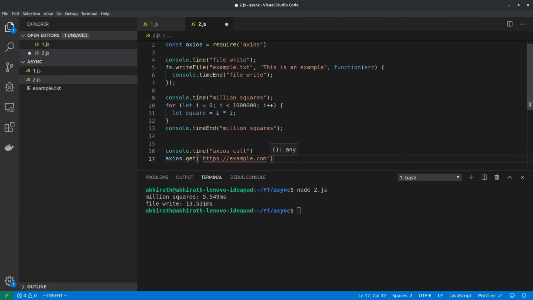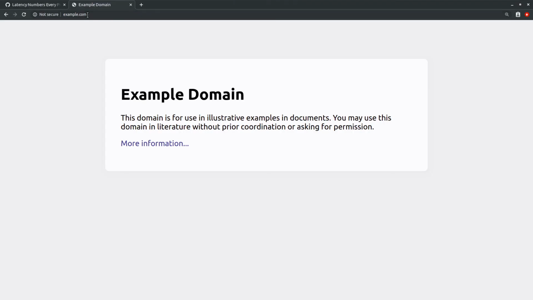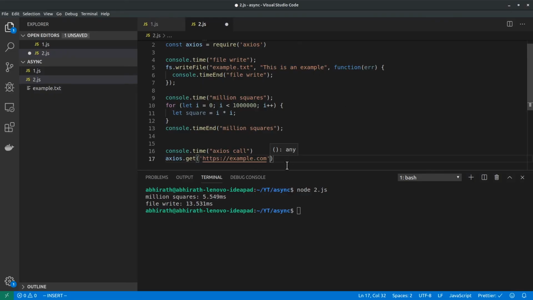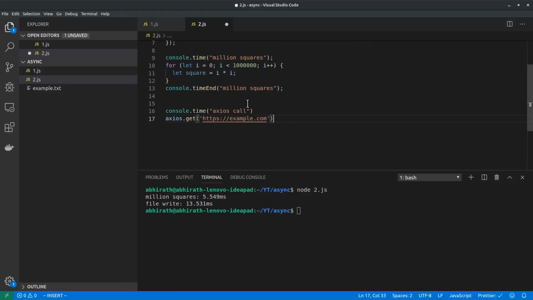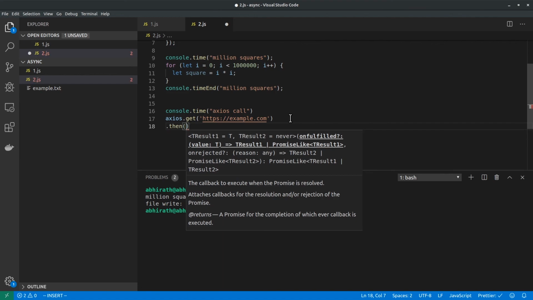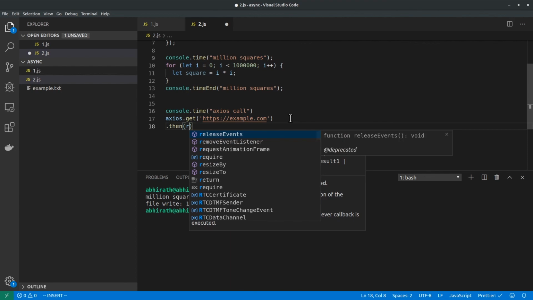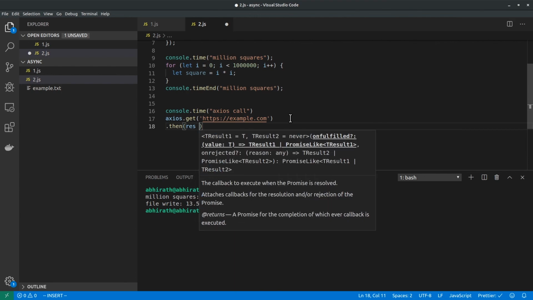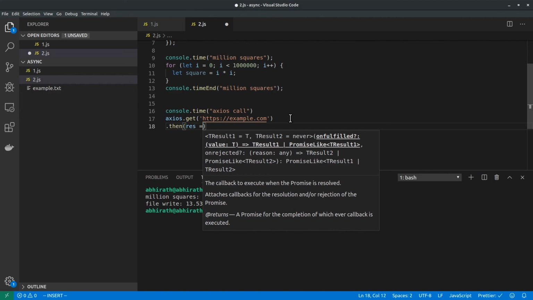Example.com is the same website that I just showed you. We'll be using JavaScript to talk to it and get the contents. Axios.get. Then we have a promise. Don't worry, we'll be learning about all this in the coming videos. Just focus on the concept for now. When JavaScript's friend is done getting the content of this website,